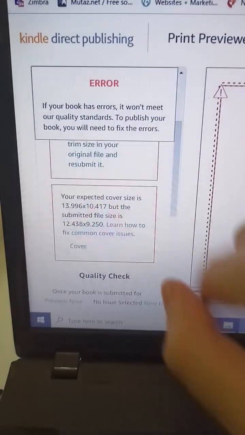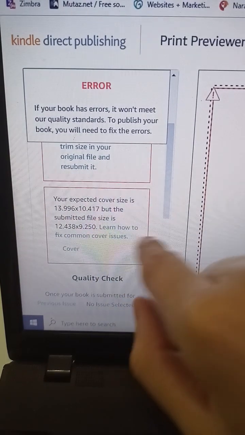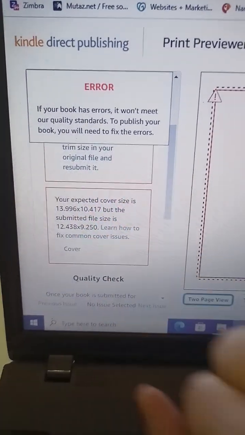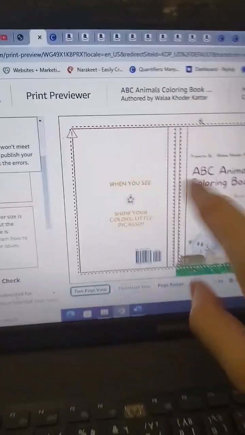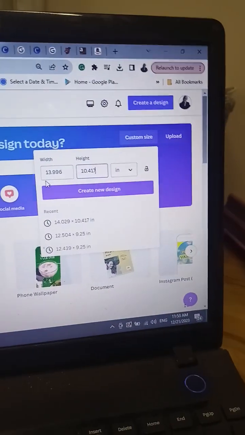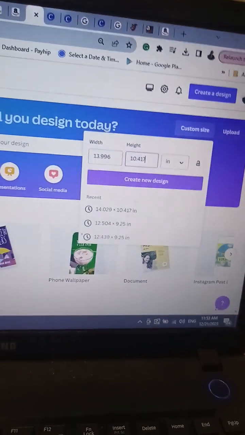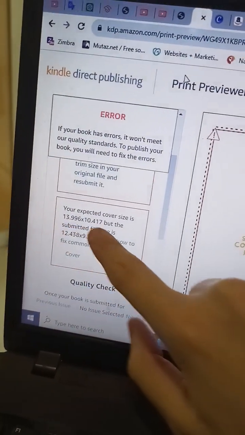Correct this error in Amazon KDP. Your expected cover size is, but the submitted file size is. So I have to change the cover size. I go to Canva and I enter the expected cover size. Look, expected cover size, this size,